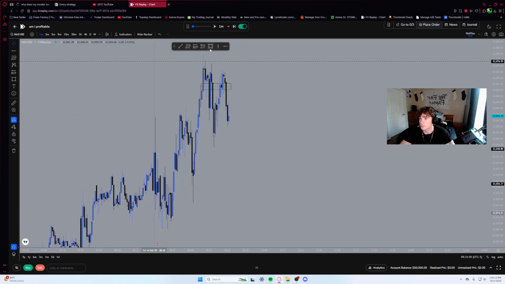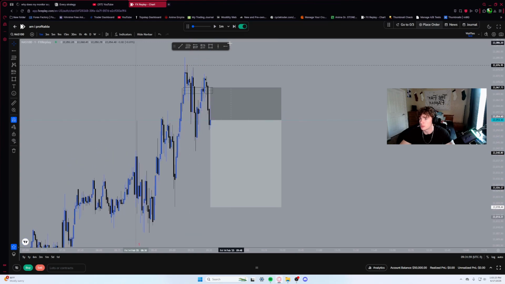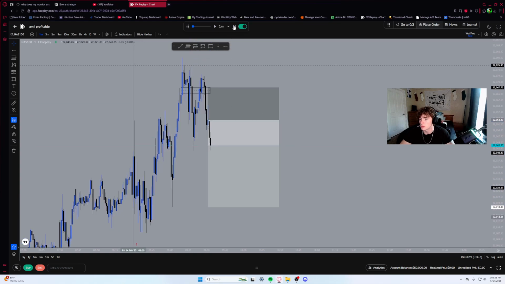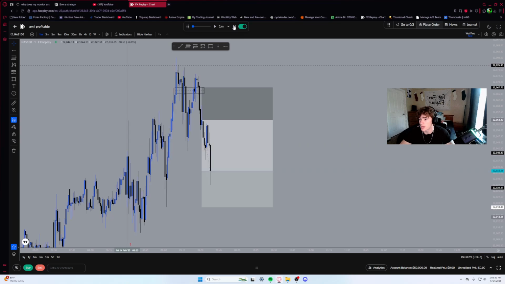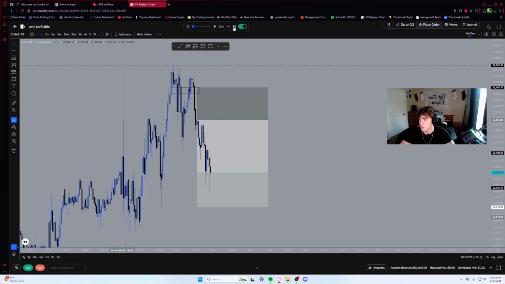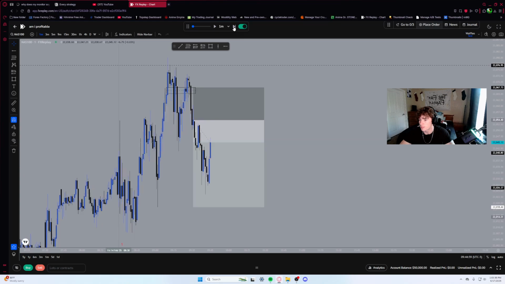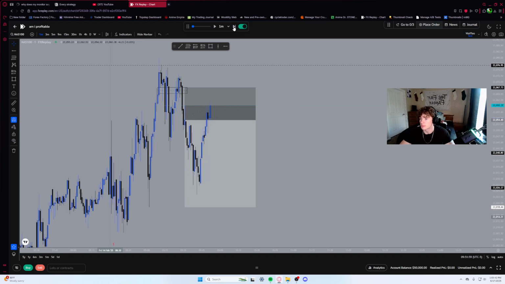Let's wait for this fair value gap retracement, and then we'll short out of this. Above here, and we'll take profit at, like, this low or something. Cool, we swept liquidity. I think we're going to go down a bit more. Let's stay in this. Swept liquidity again. Looks like we reversed. I'm going to get stopped out.